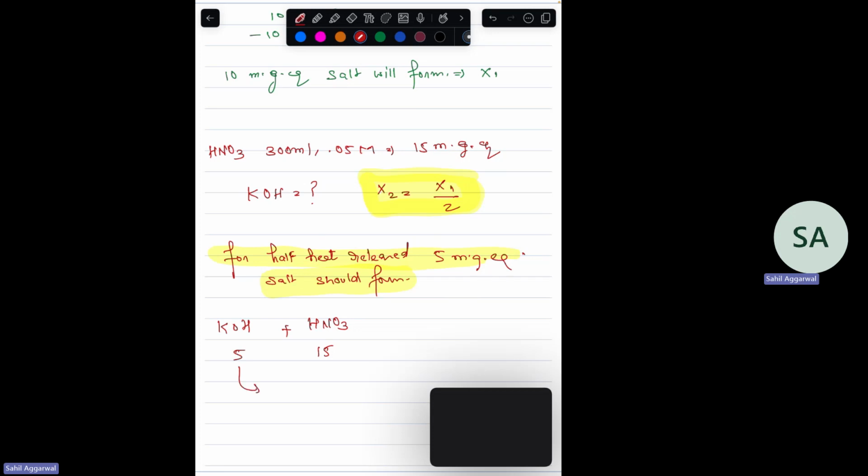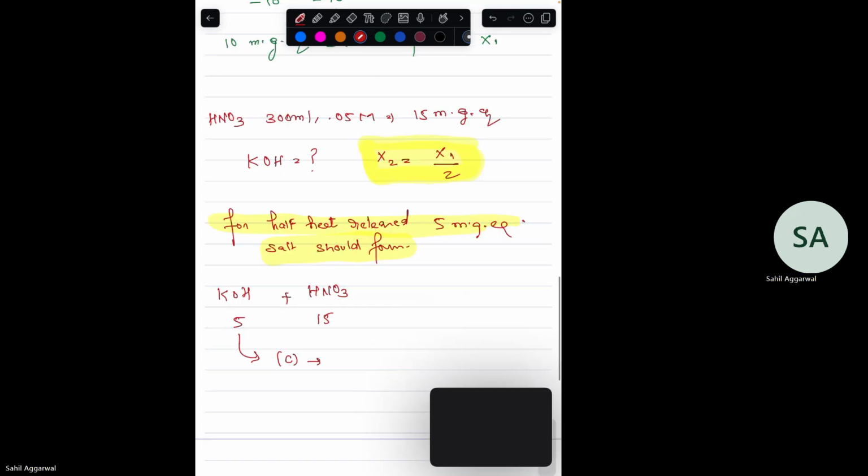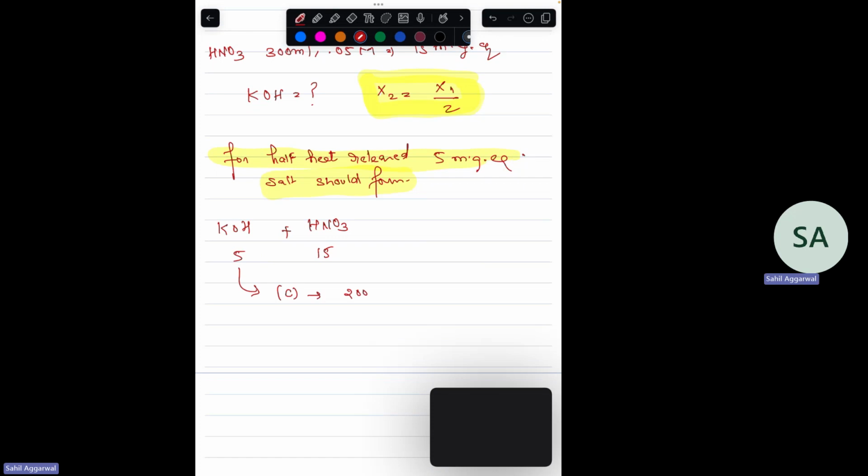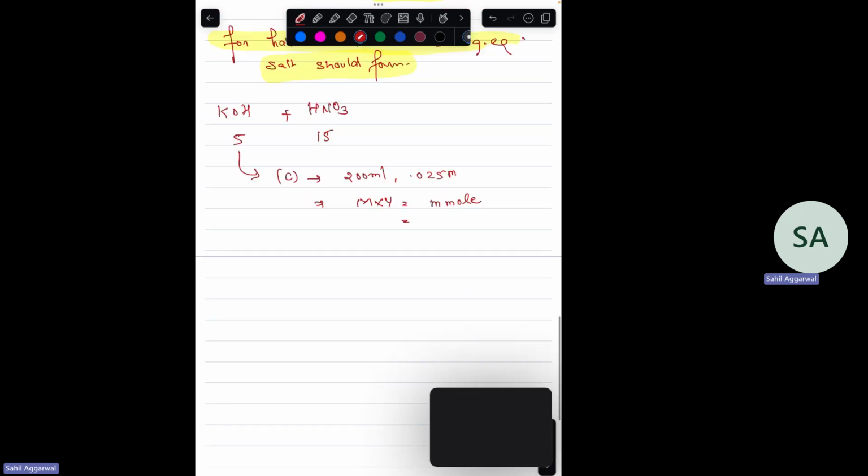So we want KOH to be 5. How can KOH to be 5? In case of C option, you can check all of them, but C option अगर आप देखोगे तो it is 200 ml 0.05 N. इनको मल्टीप्लाई करोगे M into V gives you millimoles, n फैक्टर 1 है तो यही ग्राम इक्विवेलेंट बन जाएगा, तो 200 into 0.05 divided by 1000, तो आ जाएगा 5 मिलीमोल्स या फिर 5 मिलीग्राम इक्विवेलेंट्स, it is what we are looking for, तो इसका आंसर हो जाएगा C।